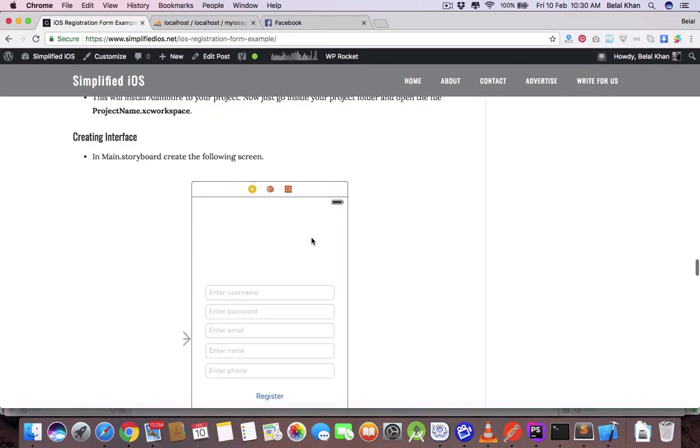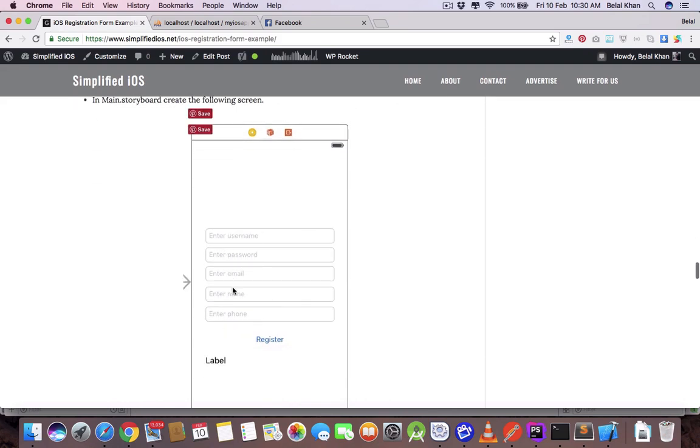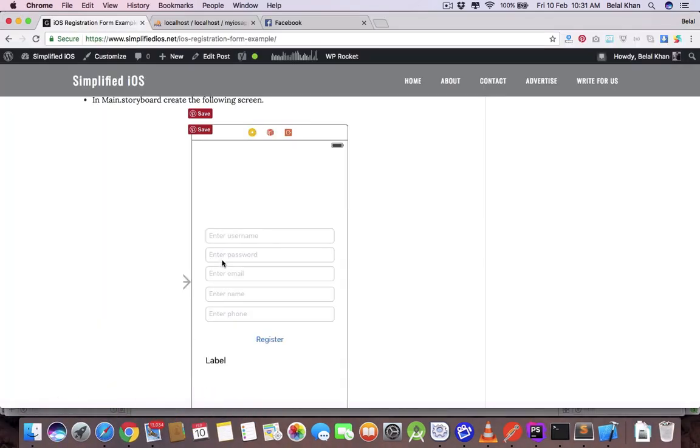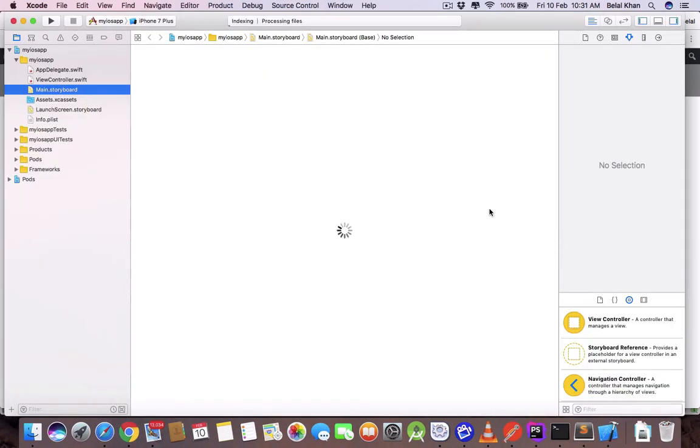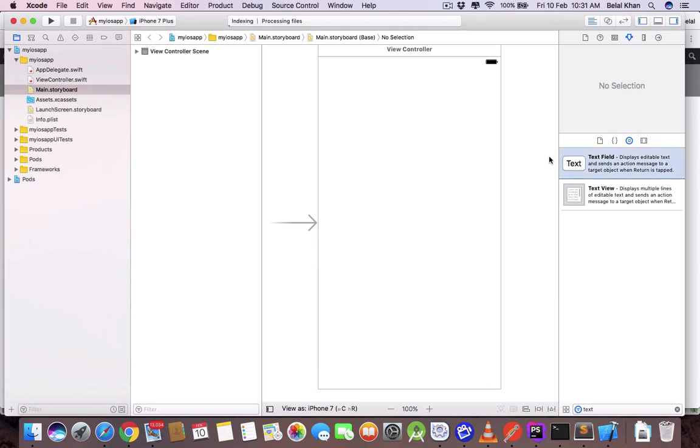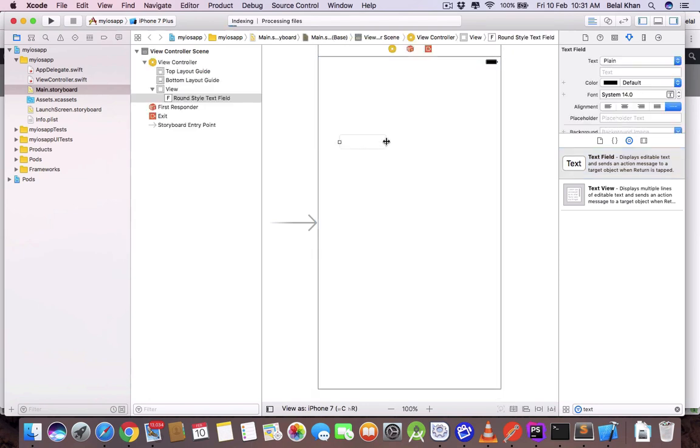Now we need to create the user interface: username, password, email, name, and phone. So we have to create the text fields. For this, open Main.storyboard, and we need 1 2 3 4 5 text fields. So we will use text field, drag it here,